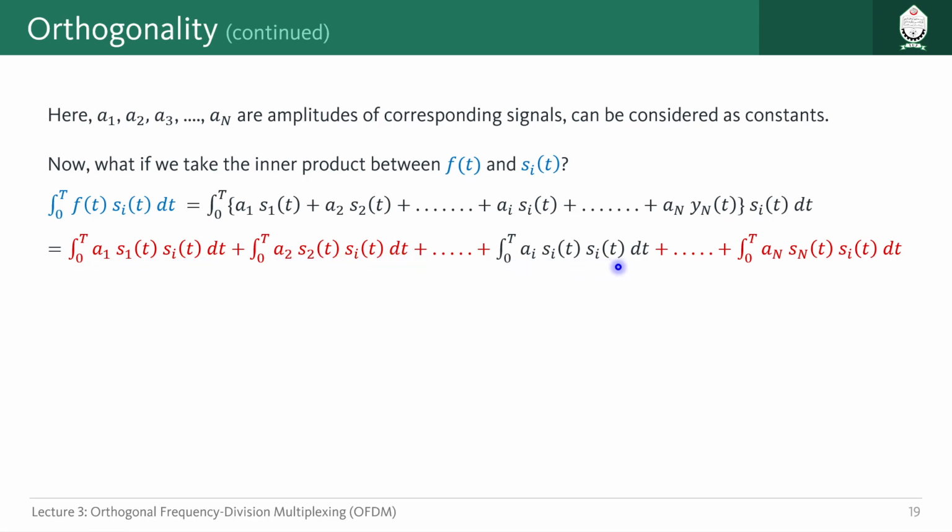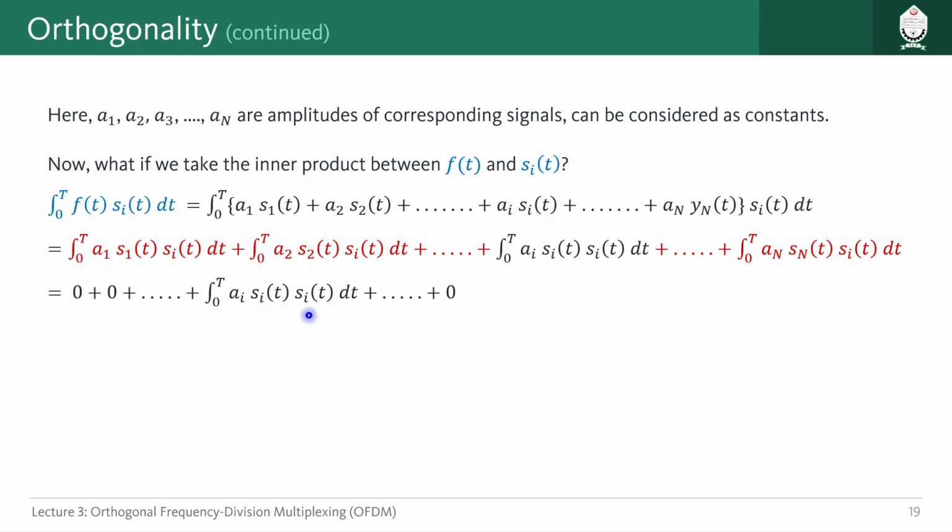But here we are taking the inner product of the same signal itself. So Si with Si, that will not result in a zero value. It will have a non-zero constant value, as we had discussed earlier, the constant non-zero value of Ci, right? So for all other integrations or all other inner products, we are getting a zero value, just not here. So we can just write 0 for all of these, and here we have a non-zero constant value which we